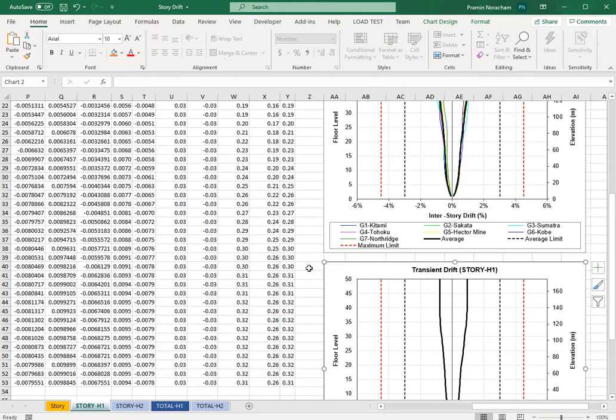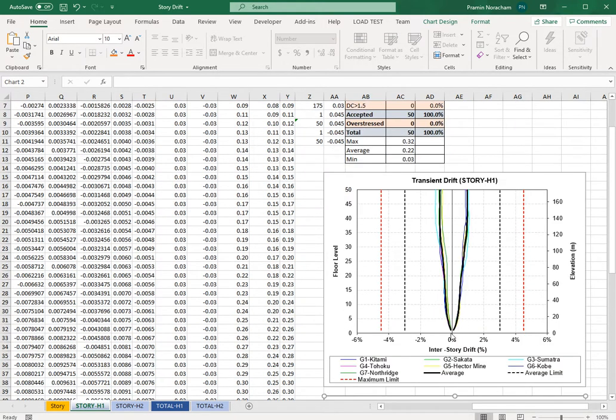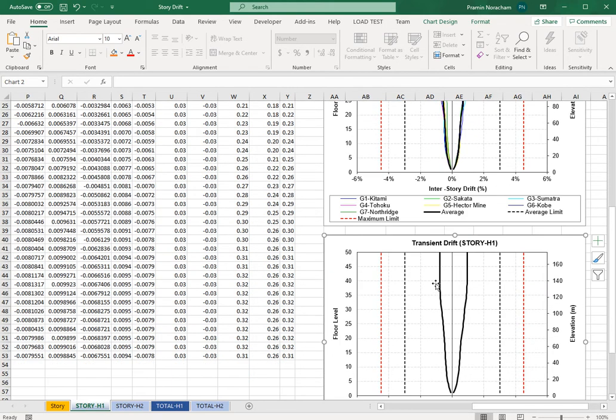This graph is actually the same graph for the StoryDip along the height, including the limitation. This one contains all ground motions plotted with the average. This one has the average only.